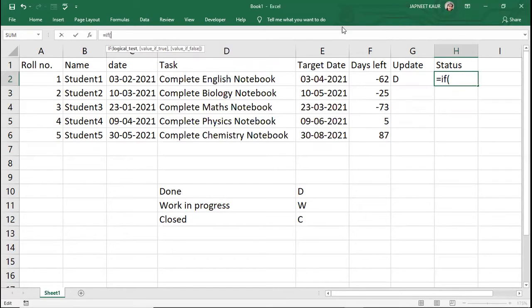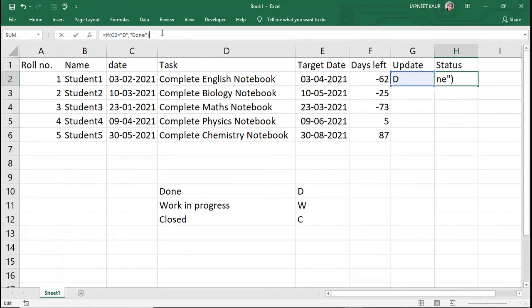And firstly, we are going to take that if that update is equal to, I'll put a semicolon and I'll write if it is equal to D in the double quotes, then what actually it will do, first condition, if it is true, then it will give us at this place I'll write equal to D, then put a semicolon after that, and over here I'll write done inside the double quotes, done.